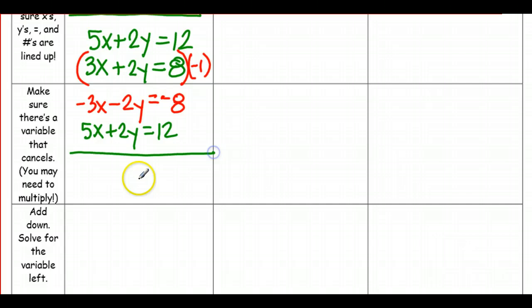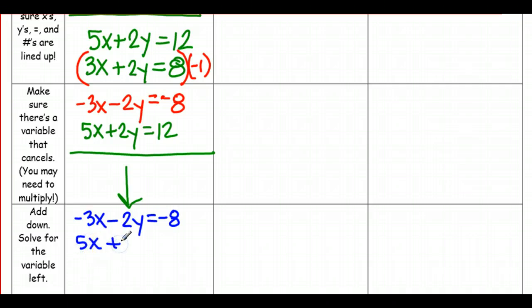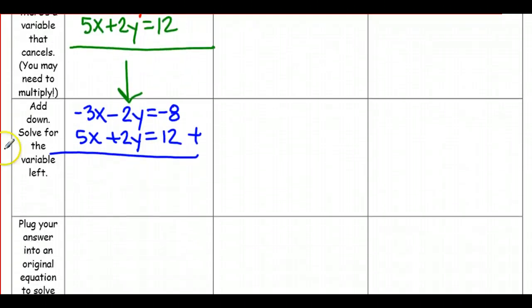Now we can take our two equations and add them. So let me just rewrite them here. Negative 3x minus 2y equals negative 8, and 5x plus 2y equals 12. So in this problem, when we add, we are eliminating the y variable because those are the terms that have opposite coefficients. Negative 3x plus 5x is 2x. Negative 8 plus 12 is 4. Divide both sides by 2, and we get that